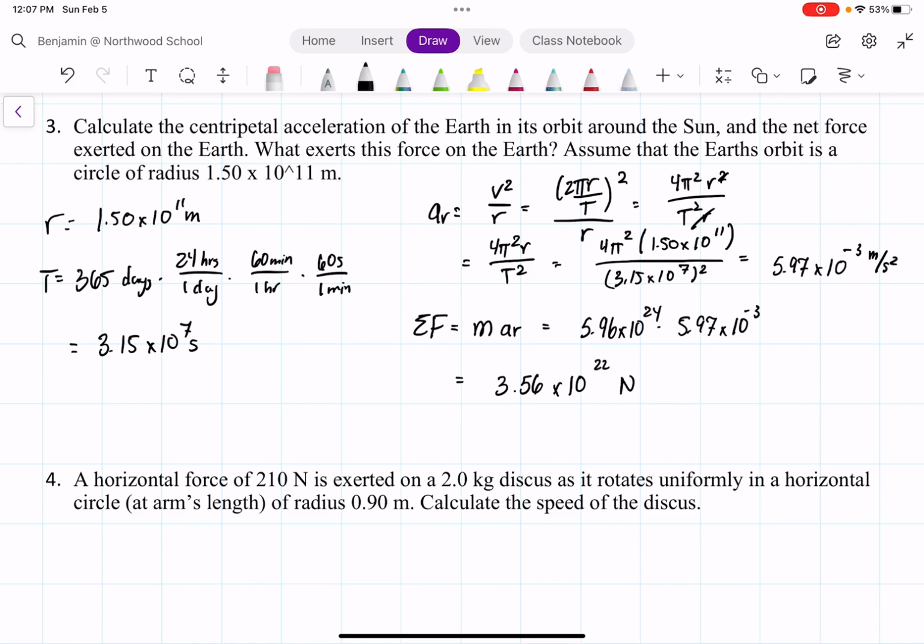And what force this is, it is the force of